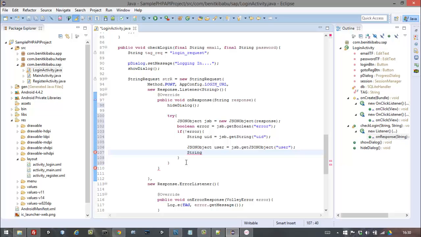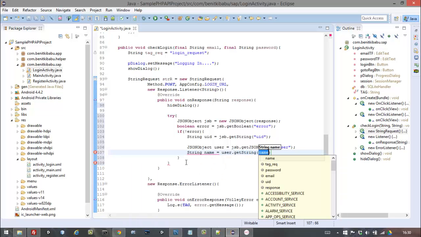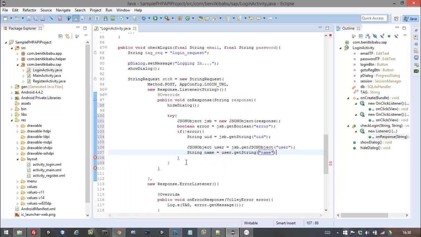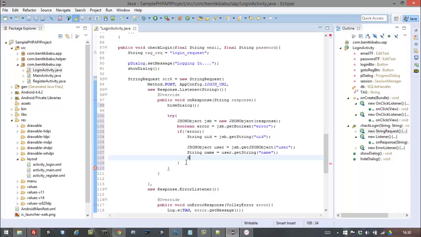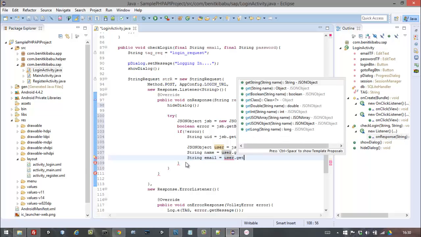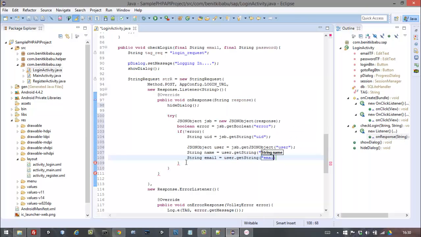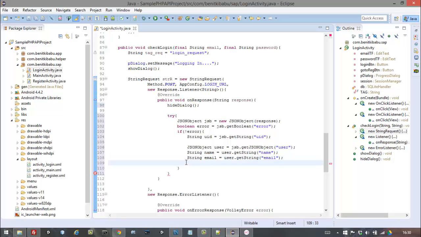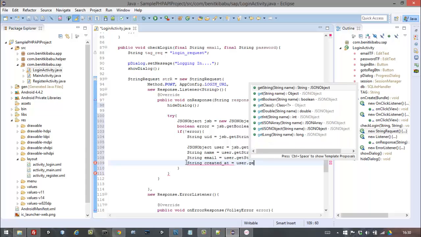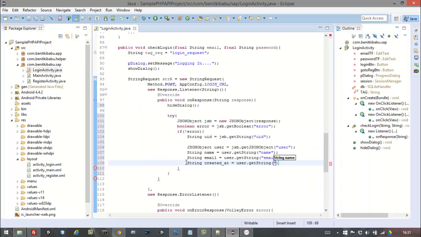So we can say String name is equal to user.getString, name, and then we get the name value for that. String email, user.getString email, and String created_at is equal to user.getString created_at,